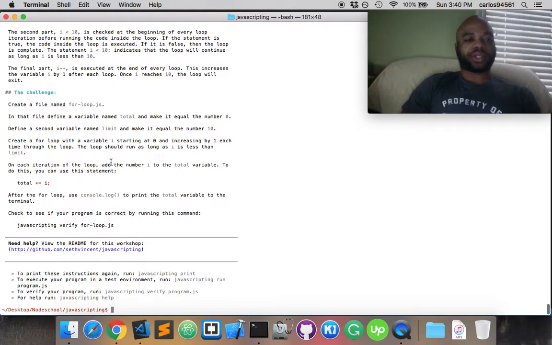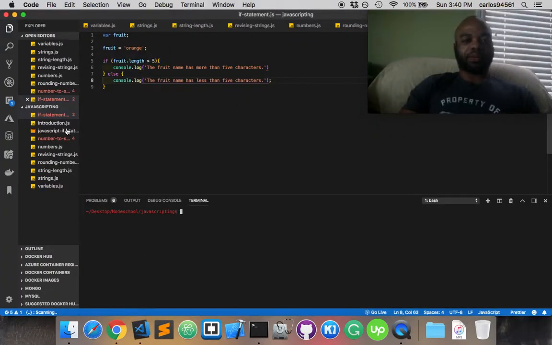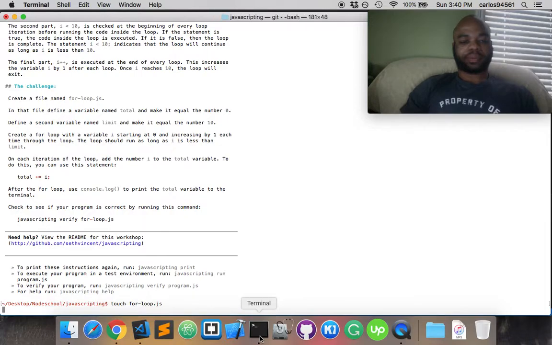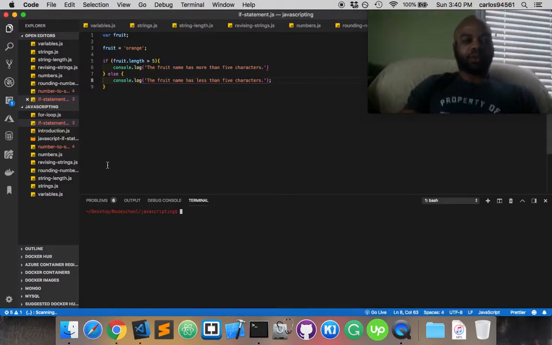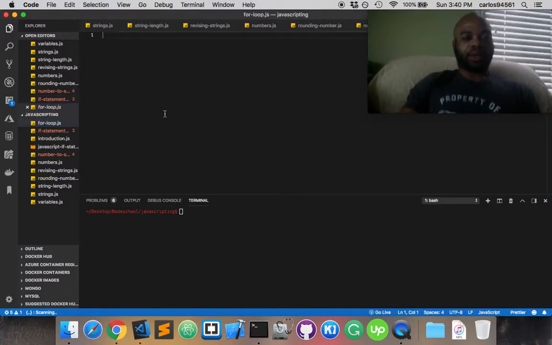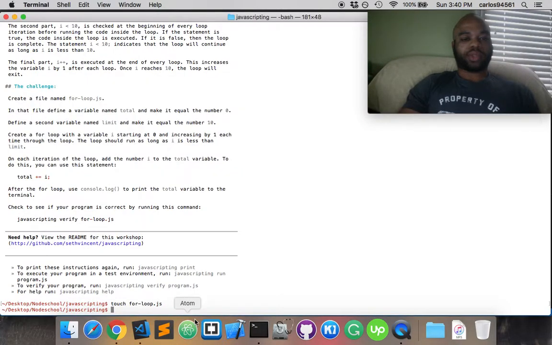The challenge: create a file named for-loop. In that file, define a variable named total and make it equal to 0. So let's just do this step by step. I believe we did not make the file. For loop. Okay. Var. We wanted to create a variable named total